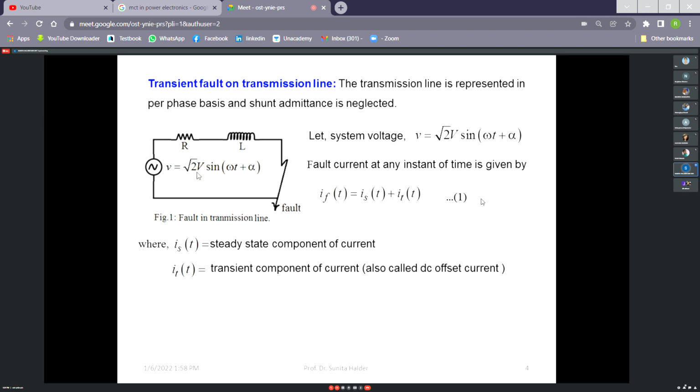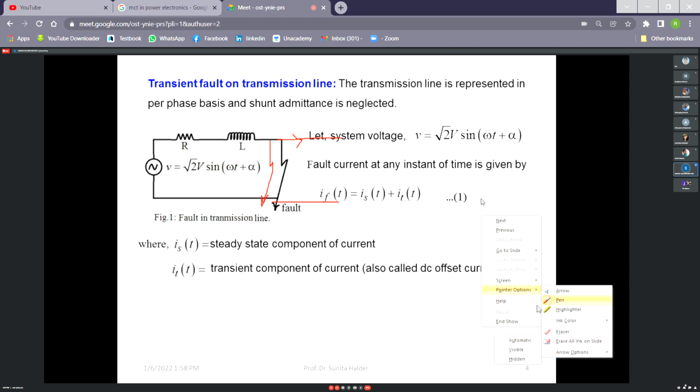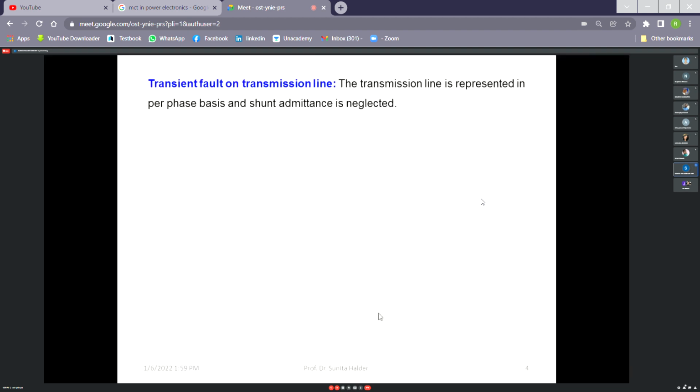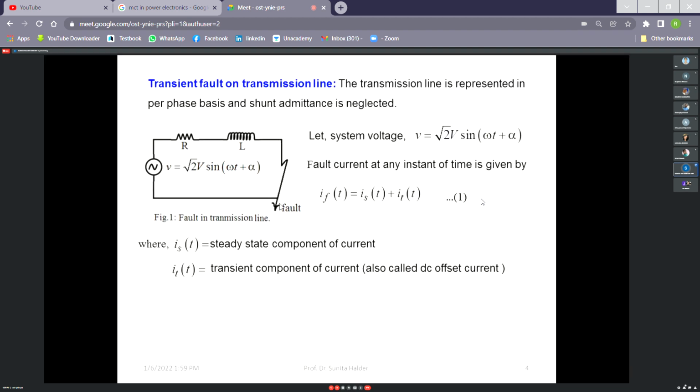So, if V is the RMS quantity, then the voltage is root 2 V sin(omega t plus alpha). I have assumed an initial phase of the voltage. This is not the usual path of the current. Current was actually flowing through this path, but due to short circuit, current is now flowing in this path. So this will happen suddenly, like a switch. So we shall analyze this using transient analysis. So due to this sudden change in current, there will be